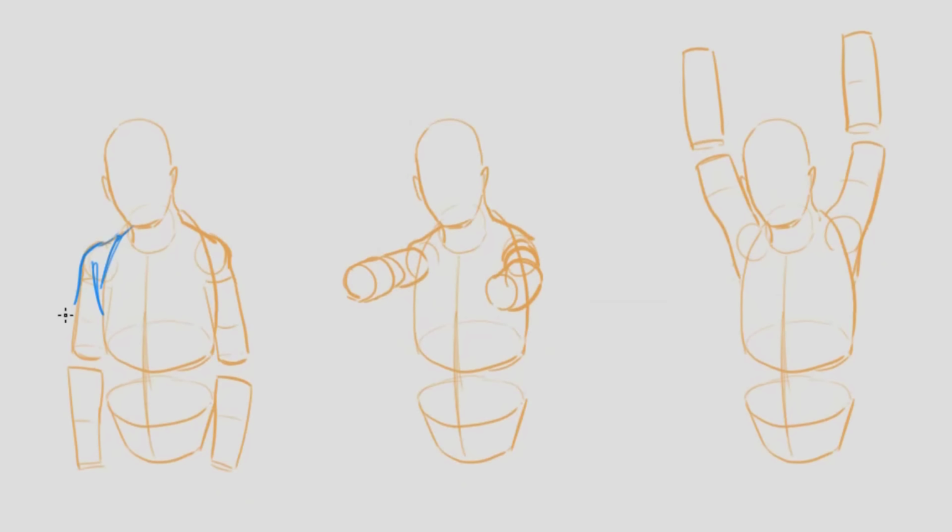Now on top of this, I'm going to start placing in some fabric, and we can see some similar shapes to what we saw before. We're getting half-locks in the armpits, drop folds occurring from the shoulders,